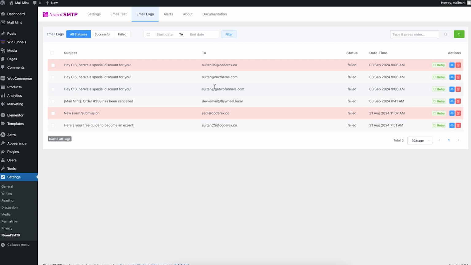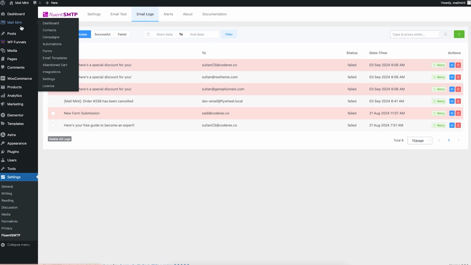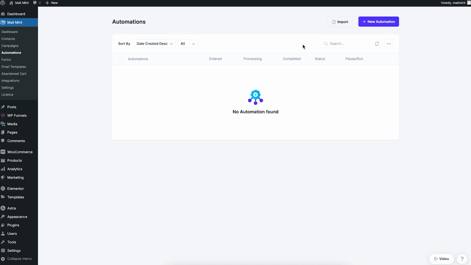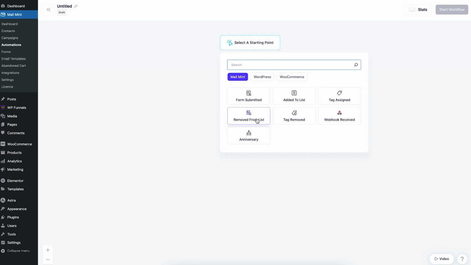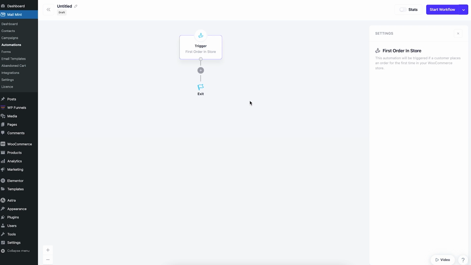And in fact, it's the same process when you use emails in your automation workflows. Let me show you. Go to automations, and here let me create a new automation workflow. Let me start from scratch, and here I can use any trigger to get this started. So let's go to WooCommerce and choose first order in store. Whenever someone makes the first order in this store, they'll enter this automation,